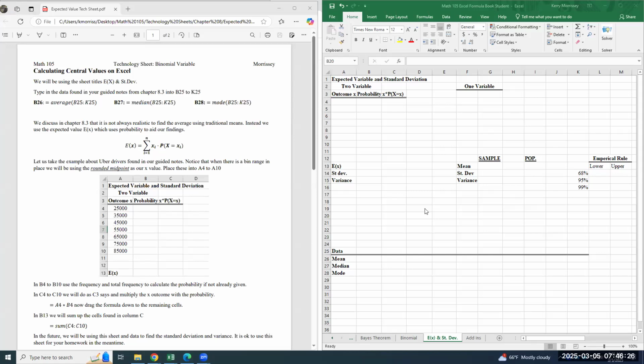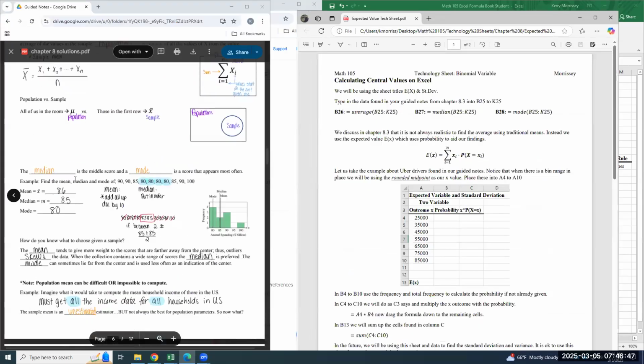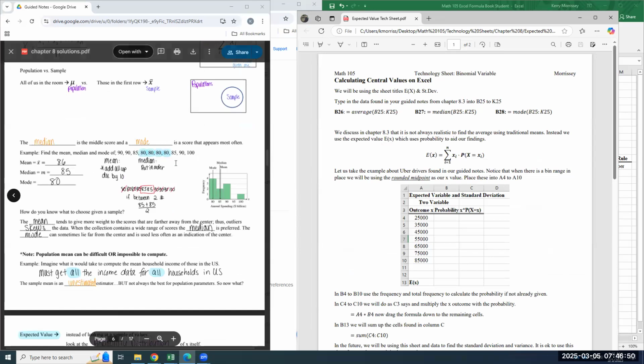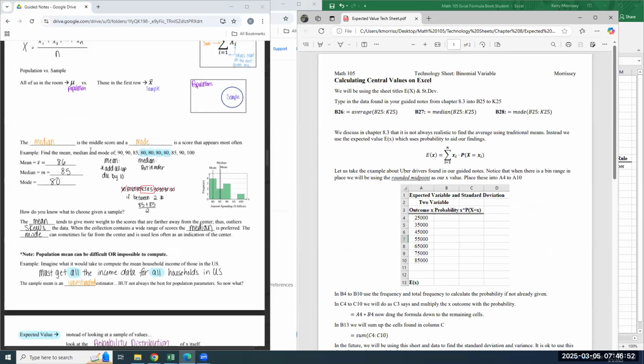Today, we're going to be working on calculating central values on your Excel sheet. So we'll start with just your mean, median, and mode, that sort of thing. And then find your average or your, it says binomial variable. It's not working with binomial. We're going to be working with your expected value. So we are in chapter 8.3, and we're going to be first completing this particular example where we are just